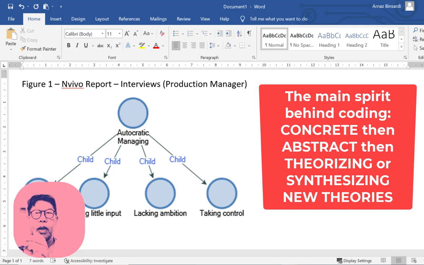And then after abstract, you go back to synthesizing, theorizing, to make a theory of this one. So concrete, abstract, then new theory, new analysis, new synthesis. That's the part about coding that you need to implement. Okay guys, excellent. I will see you again in the next session.